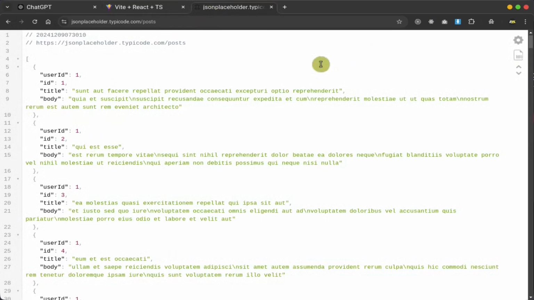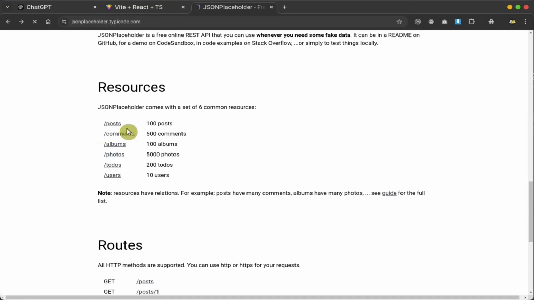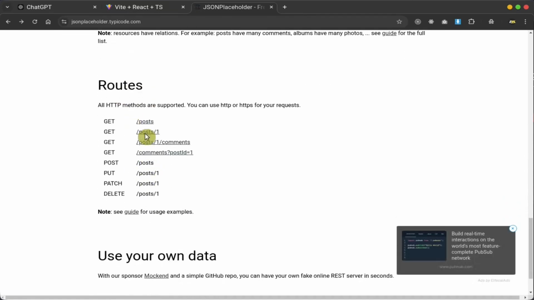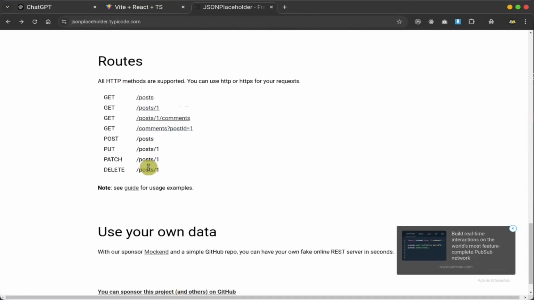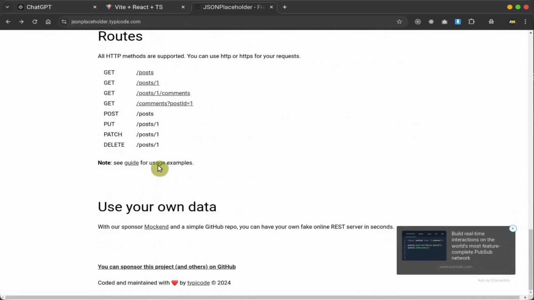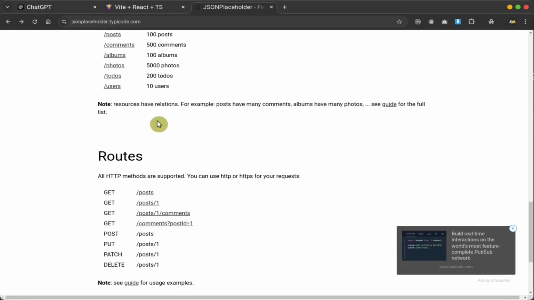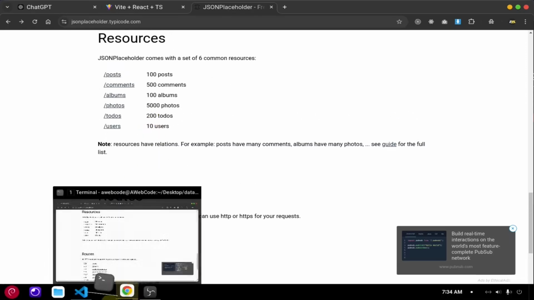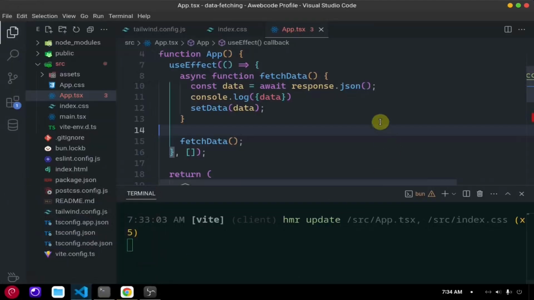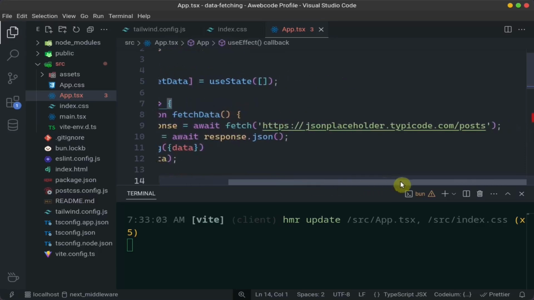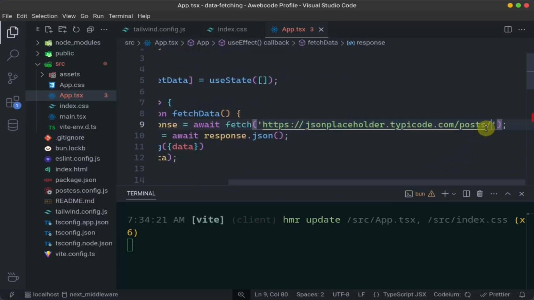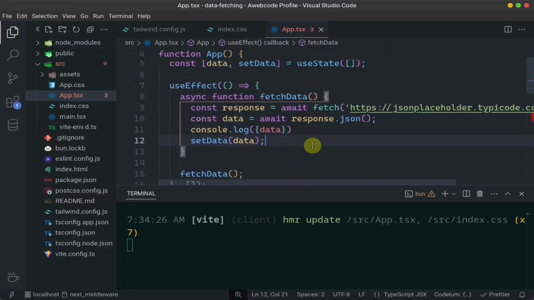But if we go to the documentation, here we can get just a single post, like posts/1. So this one is the unique identifier of every post. But this is not our goal, and we can just test it out. If we give just one here, it will not return this array. It will return a normal object of data, a single item